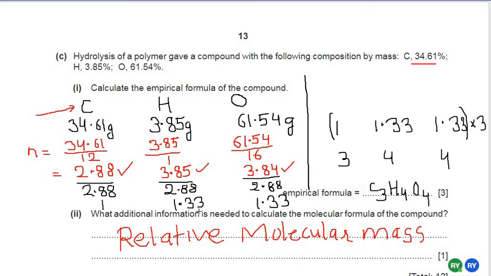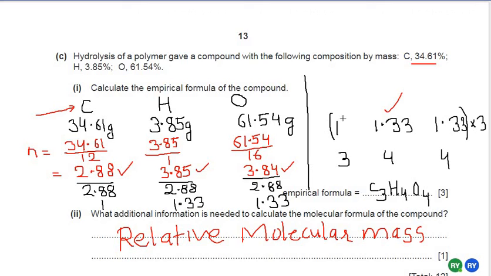Now this is the last step, and here you have to convert, because this is a decimal number, please convert it into a whole number by multiplying by some whole number. For example, if I multiply all the three by 3, I get 4 here. In this way I am converting this decimal number 1.33 into a whole number.